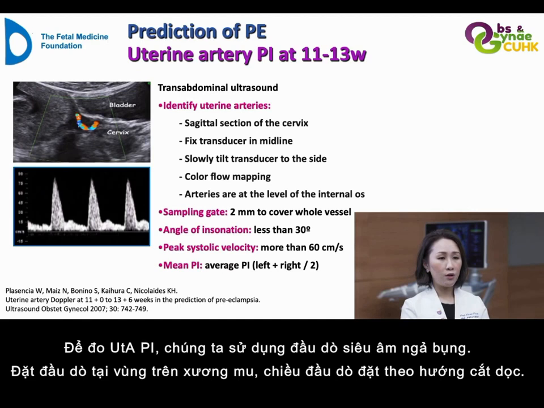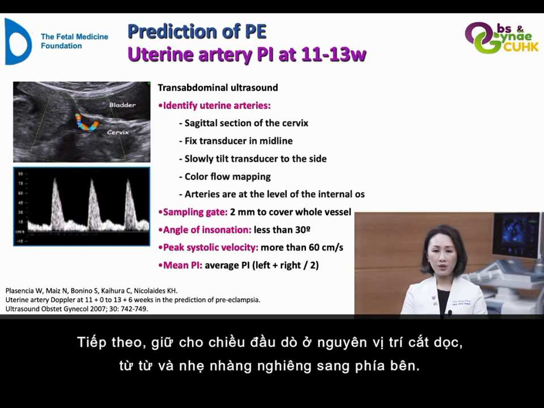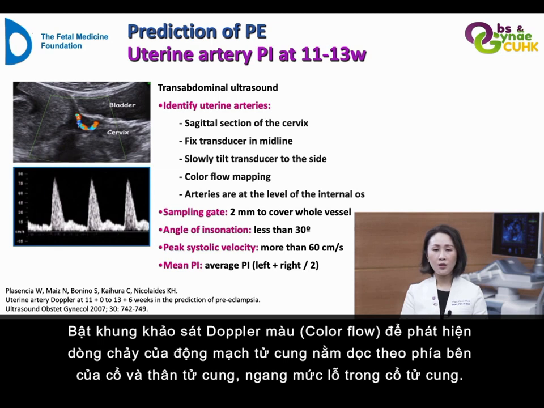For the measurement of uterine artery pulsatility index by transabdominal ultrasound, with the transducer being placed longitudinally over the suprapubic area, a sagittal section of the uterus is obtained, and the cervical canal and the internal cervical os are identified. Subsequently, fixing the transducer in the midline, slowly and gently tilt it to the side, and color flow mapping is used to identify each uterine artery along the side of the cervix and the uterus at the level of the